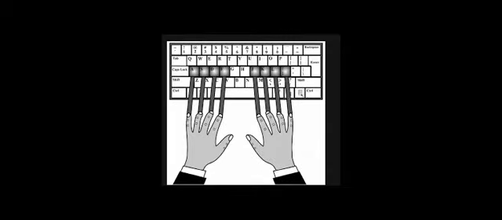Children, the next step is learning the key reaches from the home row to the row above it. The learning begins with the reaches from A to Q, right, this way, by the left hand little finger. And from semicolon, this is the semicolon key, children, to P by the right hand little finger.